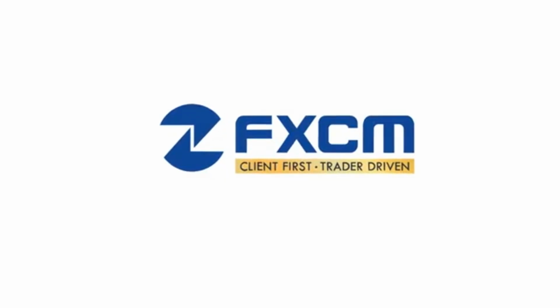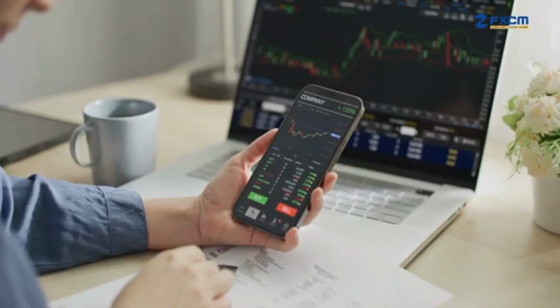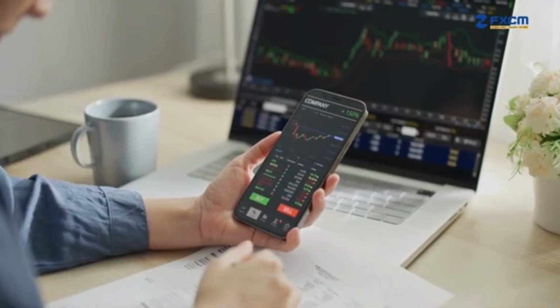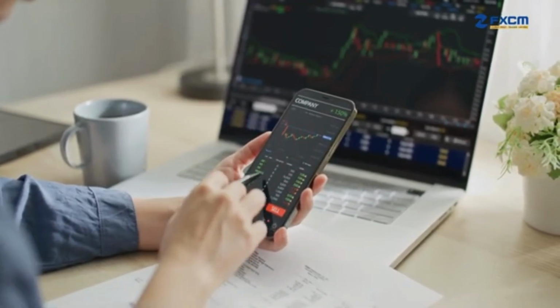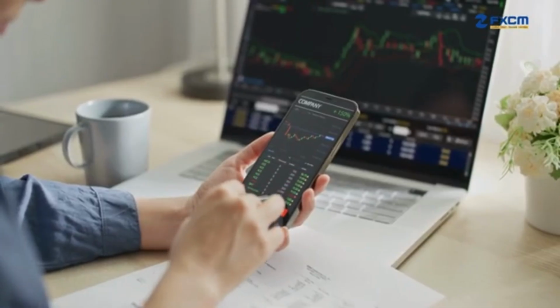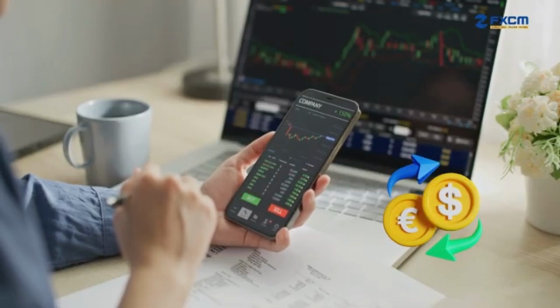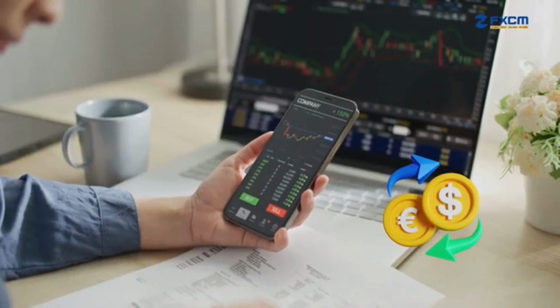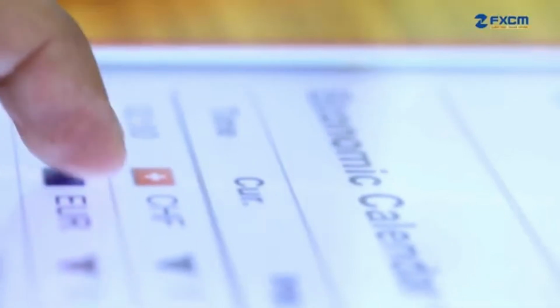3. Why it matters for beginners. If you rely only on charts, you might miss the why behind a move. Fundamental analysis gives your trading context. For example, if the US is raising interest rates, the US dollar often strengthens, and that's useful whether you're trading EUR/USD or gold. Even if you're a short-term trader, knowing the economic calendar helps you avoid surprises during high-impact news